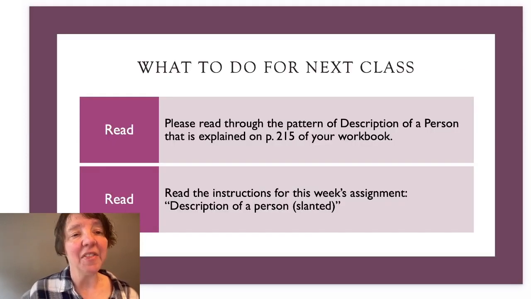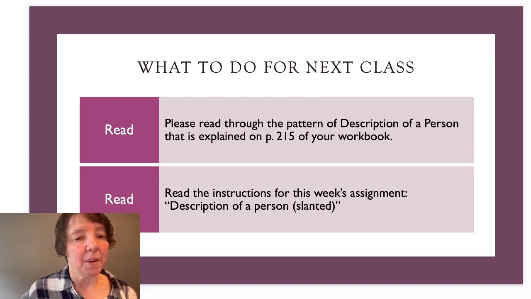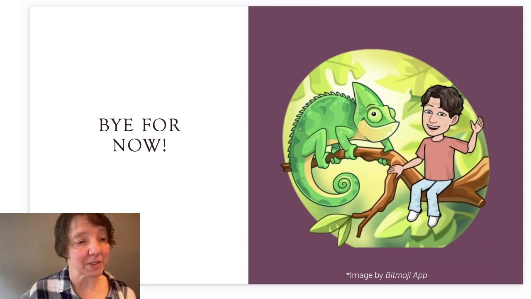And then I always end class by talking about what they should do to be prepared for the next class. So for the next class, what you should do is read the pattern in your book of description of a person on page 215, which sort of explains the process that you want to use when writing a description of a person, which is your assignment for this week. And then you should also read the instructions for this week's assignment, which is a description of a person with a slant. So make sure you read both of those before you come back to our next class,